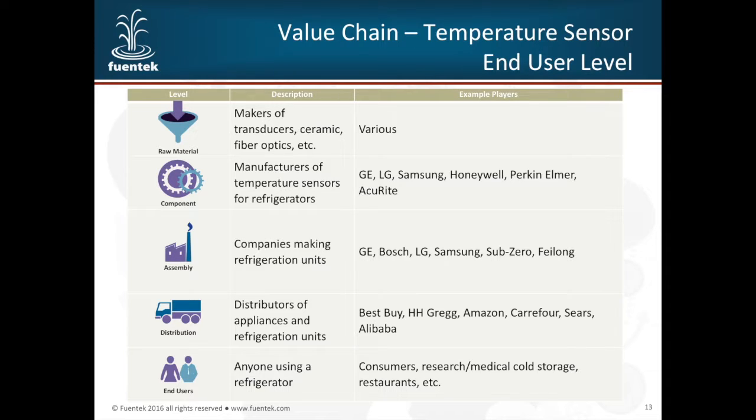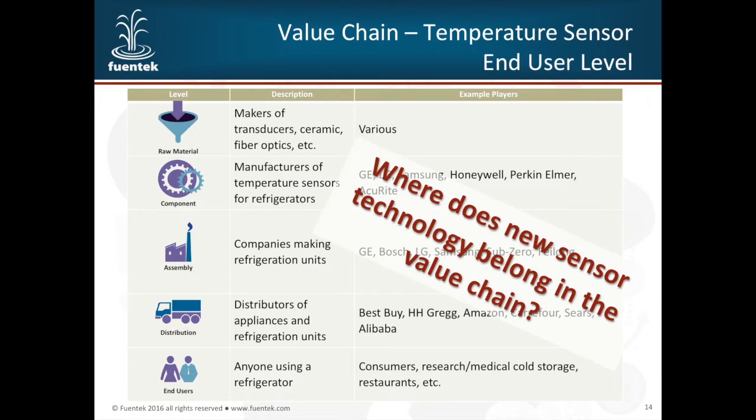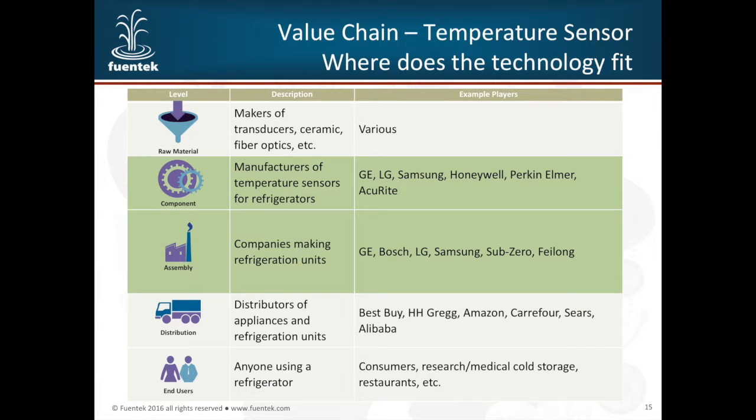So how do we use this value chain to aid our analysis? Well, to identify the target layer of the value chain, ask yourself, where is the invention most relevant? Which level would most likely drive adoption of the new technology? Which companies are most likely to be interested in this technology? For this sensor, it is most likely to be of value to players that are at the component or assembly